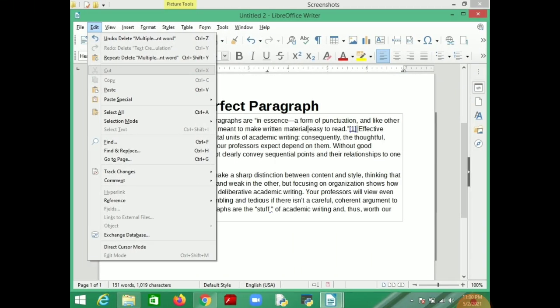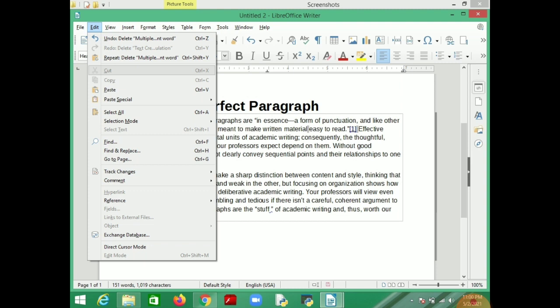So you can cut, copy, and paste your text. Before cutting, you have to select your text, whatever you want to cut. So after selection, press Ctrl X, or go to the Edit menu and click on the Cut option, then paste it where you want, on another page or another place of your document.